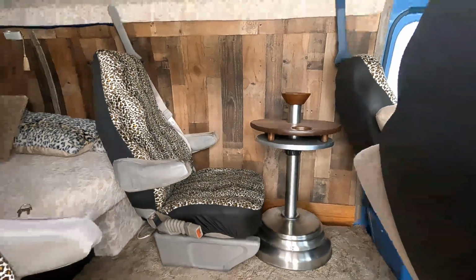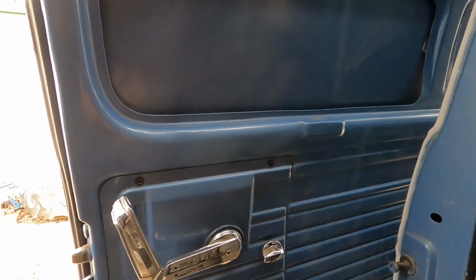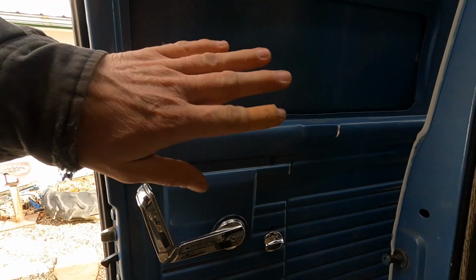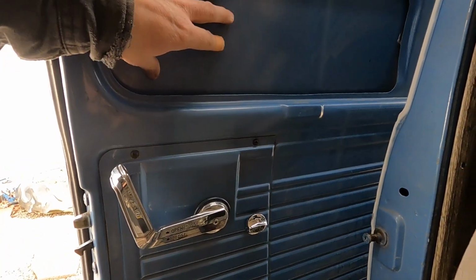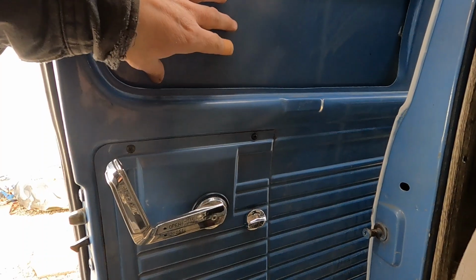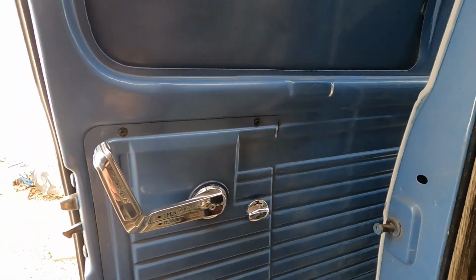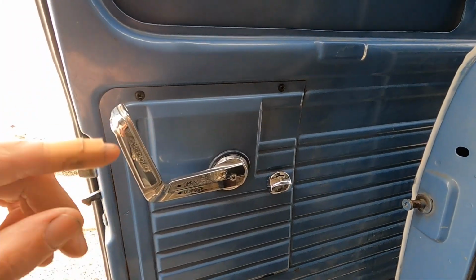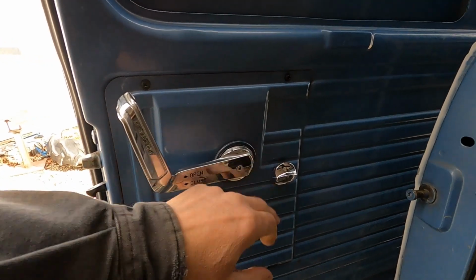As you can see, there's paneling on the inside of the van. If you get over to this door, there's nothing but metal. And I had a piece of paneling left over from doing the rest of the van to put on the door. And I'd like to try to insulate the door a little bit before I put it on. So I saved a piece of cardboard that I'm going to use for a template. I'll trace out the door, get everything cut out, like the door handle and the lock,